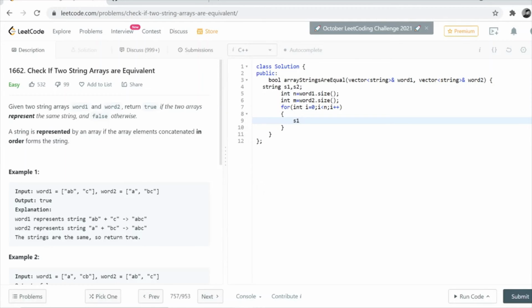So we will get s1 plus equals word1 of i. So one by one all the strings that are present in the word1 array will get added up in s1, and similarly we will do the same for s2 and word2. So let's do it.